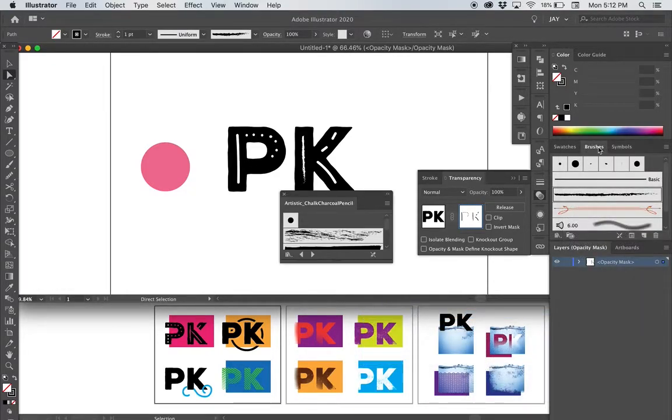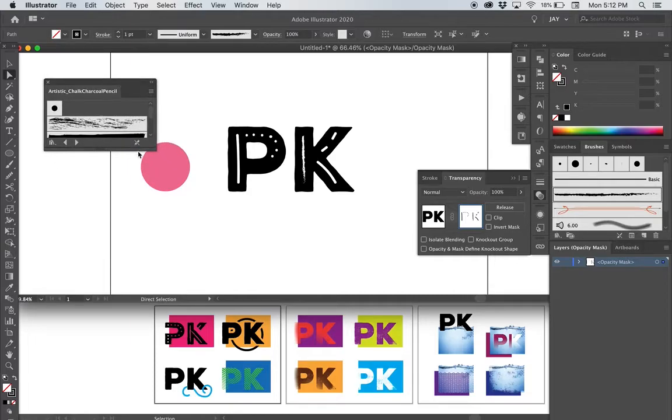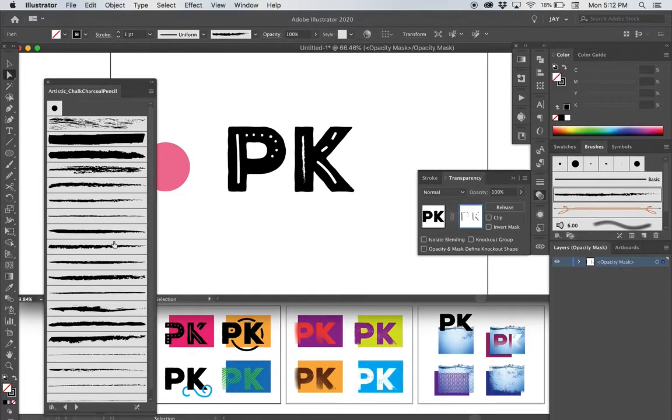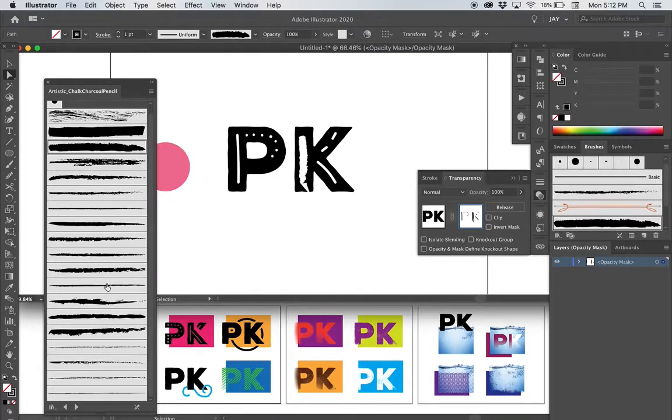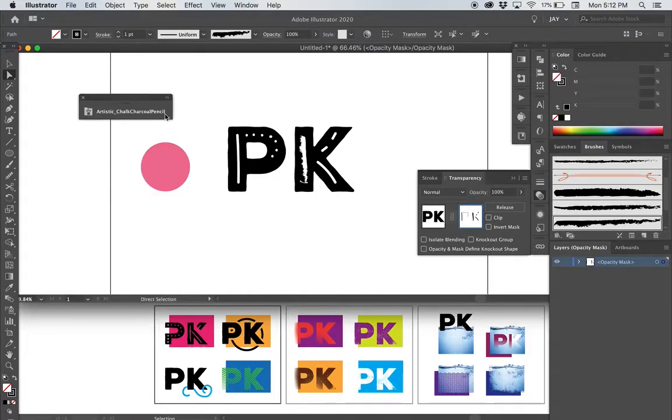Let's just open up one of these so you can see, and there's a whole bunch of different brushes you can use that are already preloaded in Illustrator. So if I wanted to, I can change it to any of these brush strokes, and you can see it's masking. I'm just messing around with these now, but